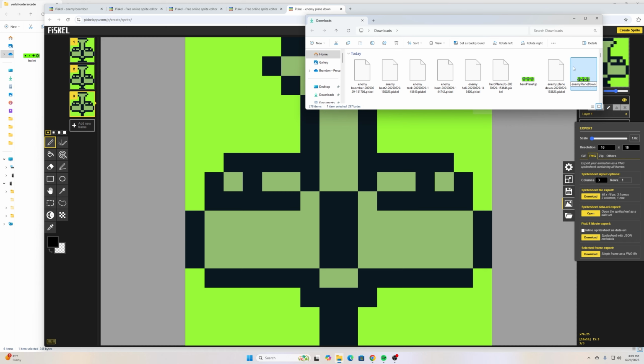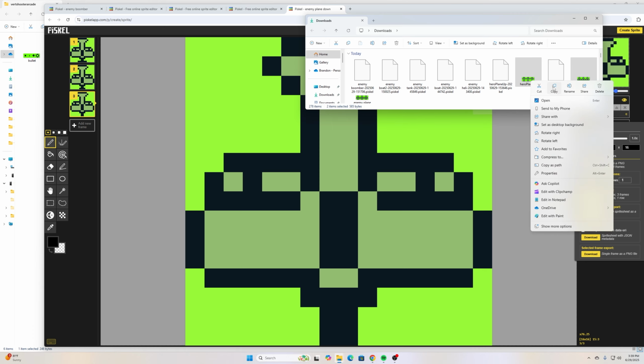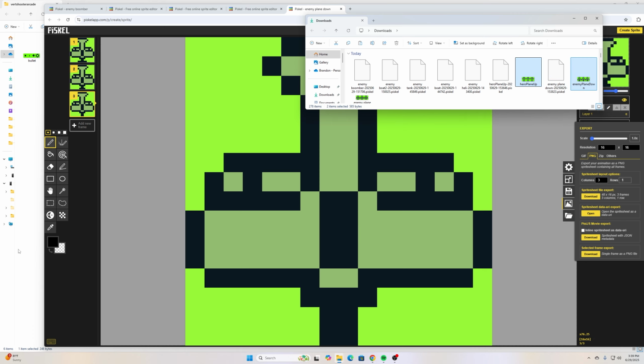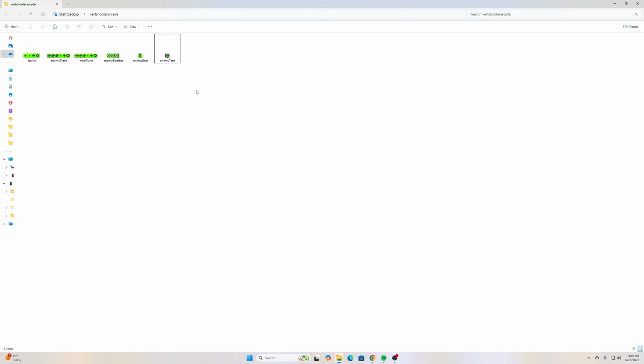I like to have it all one word, and then each new word is capitalized. It's a little better. All right, select that and copy. And then out here, I have this folder where I'm calling it Vert Shooter Arcade. And I can paste these new ones in here, and then I can actually erase what I don't need out of